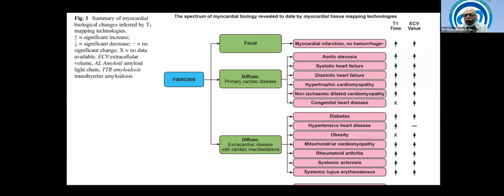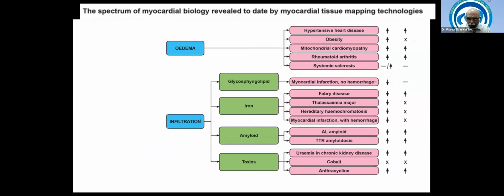Now, these are the various conditions which cause an increase or decrease of native T1 maps and extracellular volume fraction. Ultimately, this slide or the next slide tells us that if I get an increase in native T1 map value, at 1.5 Tesla, 1200, 1150, after doing a correct study, and the patient does not have amyloidosis, does not have sarcoidosis, does not have any other disease, and has come with some ectopics or some kind of IWMA,